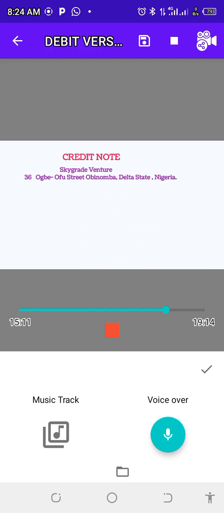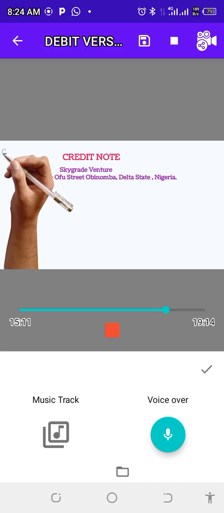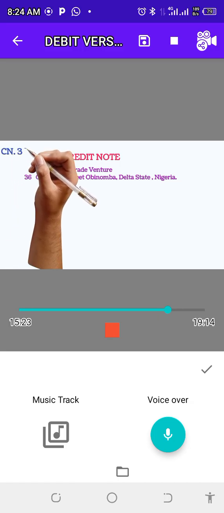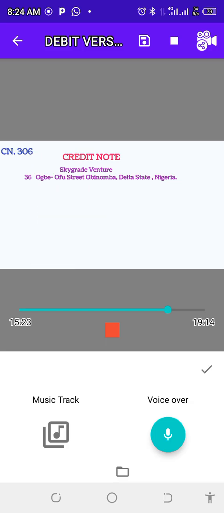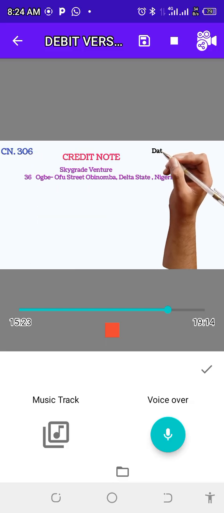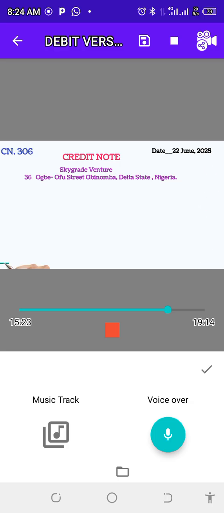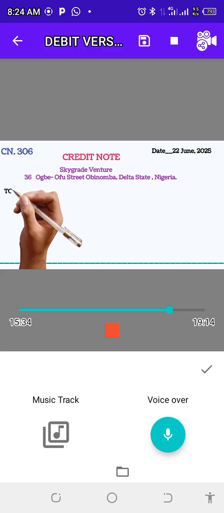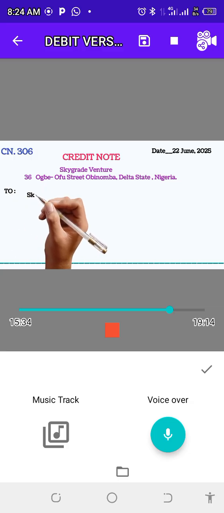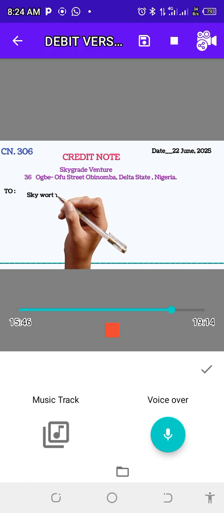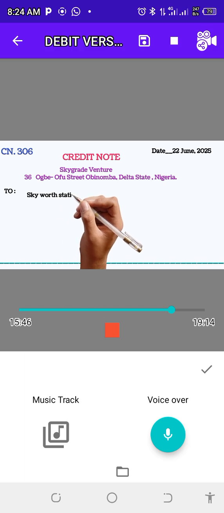Now, this credit note is issued to Skyward Stationery Store, who had earlier issued a debit note. Why was it issued? We acknowledge your debit note number DN290 of May 30th, 2025,